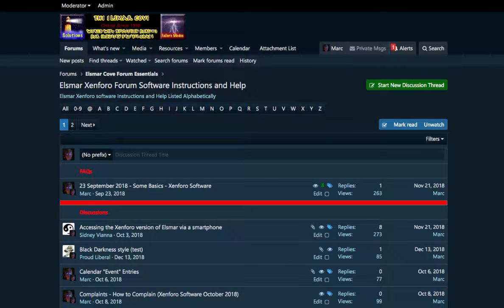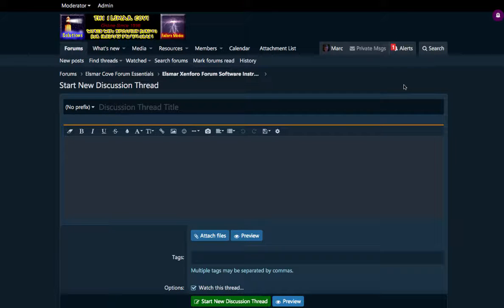To create a calendar event, the first thing that you do is go to any forum. In this case, we'll just use this and we'll make a test here. What you do is you start a new discussion thread,